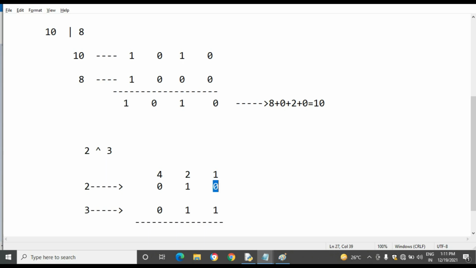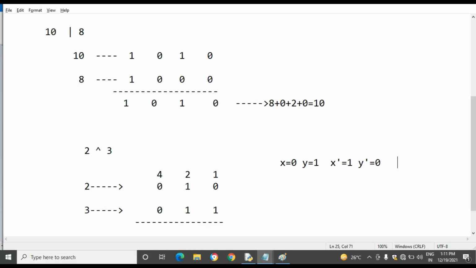In the first case, x is 0, y is 1. Then x dash is 1, y dash is 0.